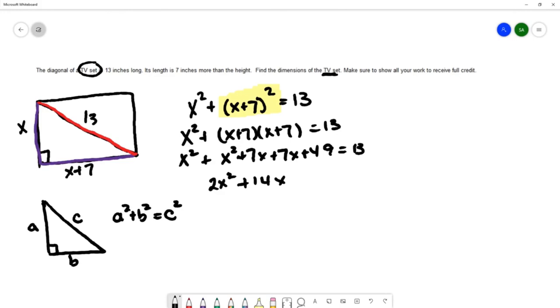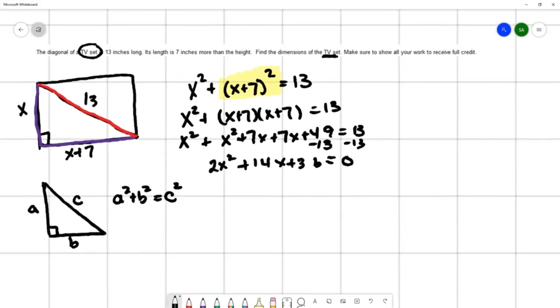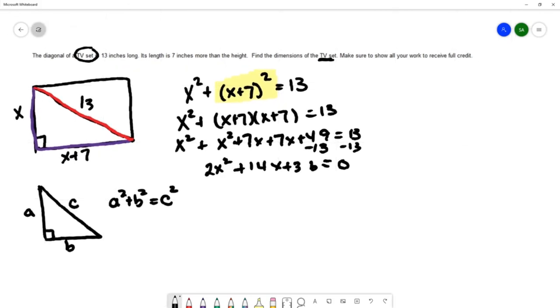And I'm going to move this 13 to the other side so that I have all the terms on the same side. 49 minus 13 will give me a positive 36, equals 0. I'm going to try to solve this quadratic equation by factoring, but if it doesn't factor,